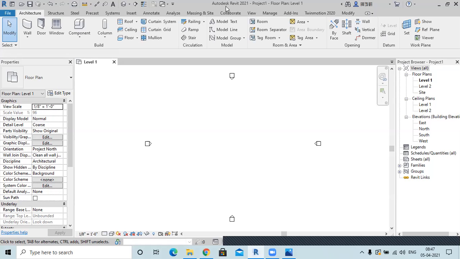I'm working on Revit 2021. If you have a normal laptop that is 5-6 years old, like mine, which is also 5-6 years old but has this installed, it works a little sluggish.